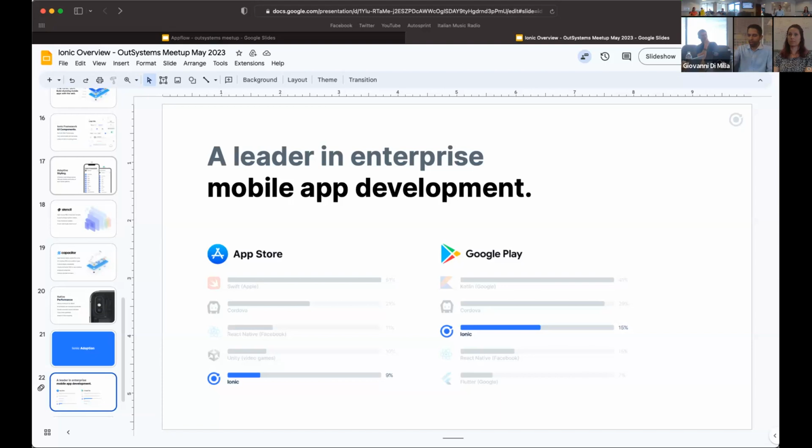If you see the top lines, those are Swift and Kotlin. Swift is the programming language by Apple for iOS. Kotlin is the programming language by Google for Android. That goes back to the earlier point: if you're building an iOS app and the same app for Google in native technology, you would write it in two different languages. With Ionic, you basically write it once, and we're fairly well adopted across public B2C applications on the App Store.